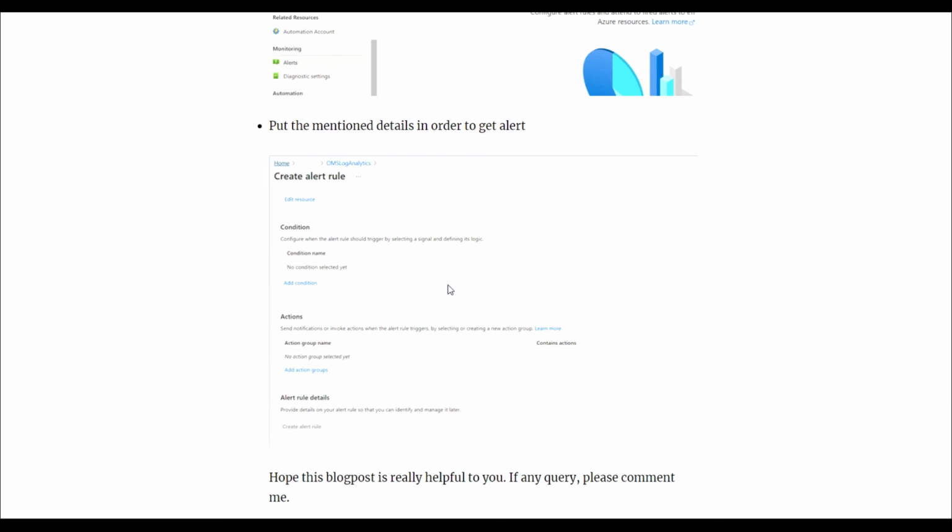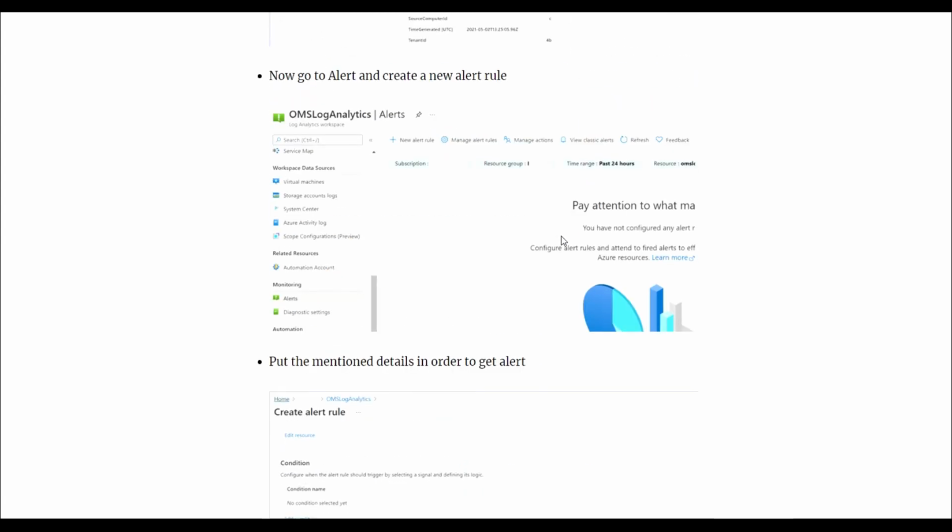If you have configured CPU utilization at 70%, and the VM gets CPU utilization of more than 70%, you will receive an alert for that. If you configured the shutdown option here as well, then if the VM gets shut down, you will receive an alert as well. When the VM starts, you will also get an alert. So here you can create an alert so that you will receive an email. So this is all about that.